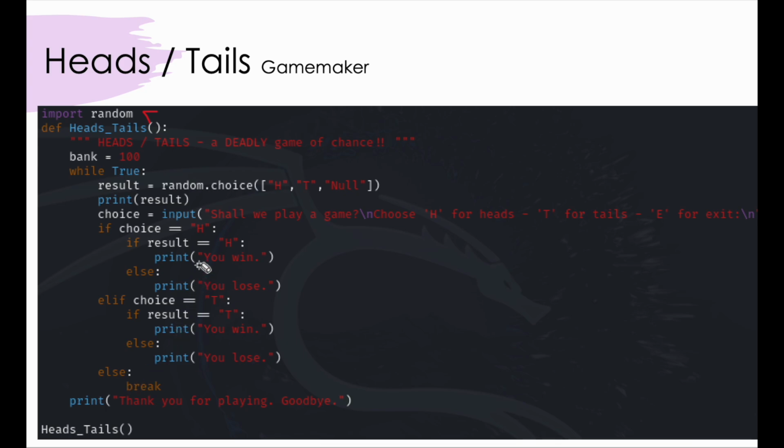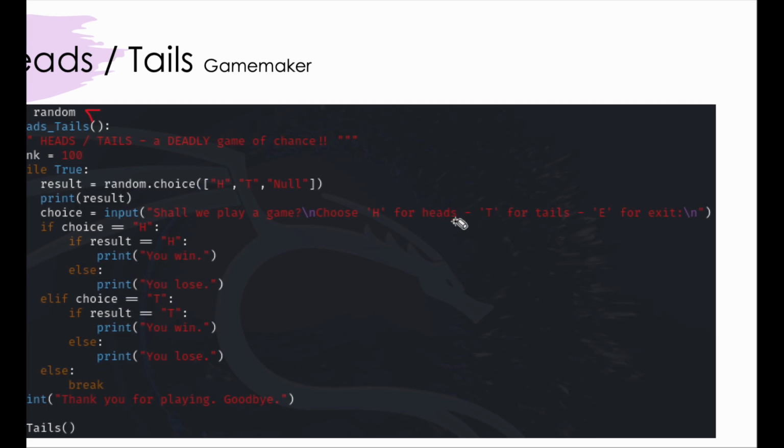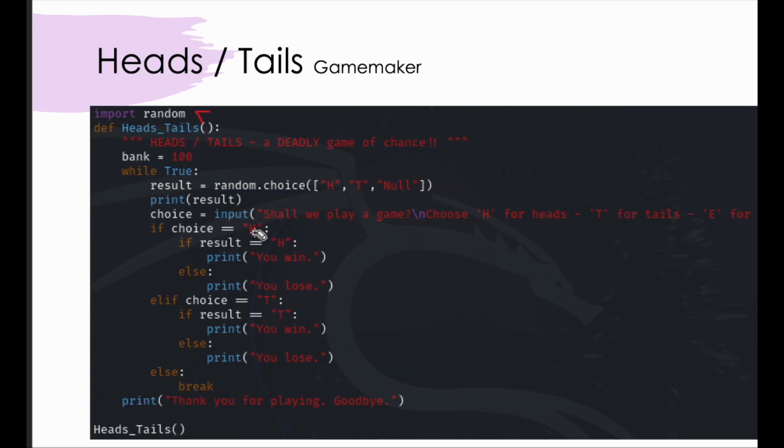If we choose H, it'll be like we chose heads. If we choose T, it'll be like we chose tails. And then the while loop ends if we choose anything but H or T, and that is what breaks the while loop, and then it'll say thank you for playing.